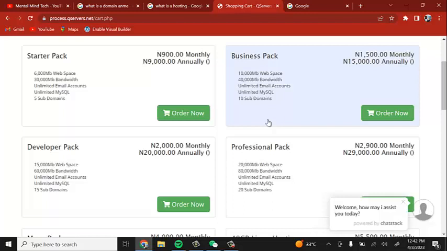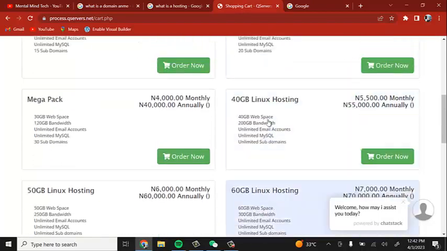They both perform the function which a house is to provide, which is what? Shelter. They both perform that function, and their prices are different because of the specifications attached to the building. One is a 5 bedroom, the other is a 2 bedroom. All right, the same thing happens here on the hosting plan.